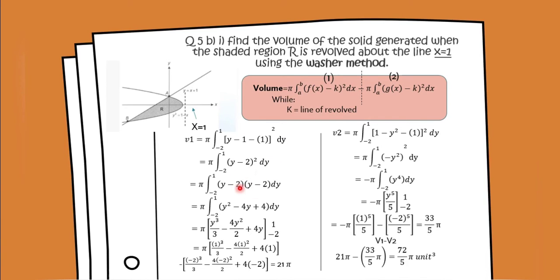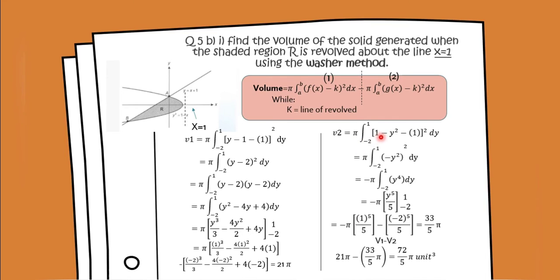Okay, just expand this equation, I will get y squared minus 4y plus 4, and then integrate the equation y squared minus 4y plus 4, and we get 4y cubed over 3 minus 4y squared over 2 plus 4y, and replace the values of b and a, which are 1 and negative 2, into this equation, and the value of the first category is 21 pi,